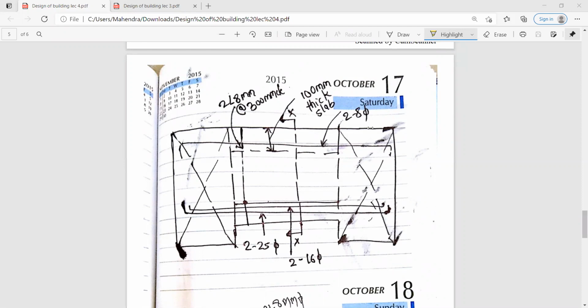This is our second sum for the flooring system. And one more sum we are going to take that has been asked in your earlier exams in the university. So from tomorrow onwards, we are going to start the third sum of your flooring system. So don't miss any of the lectures. And after the flooring system, we are going to start with the retaining wall. But for UT, you have two chapters, that is staircase design and the flooring system.